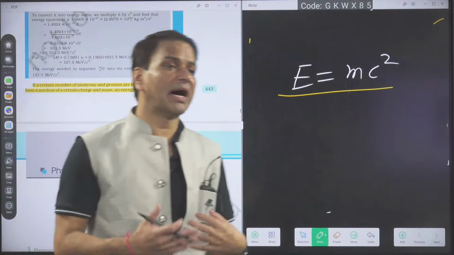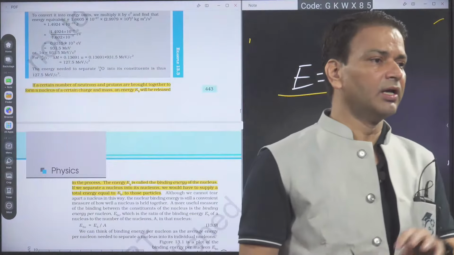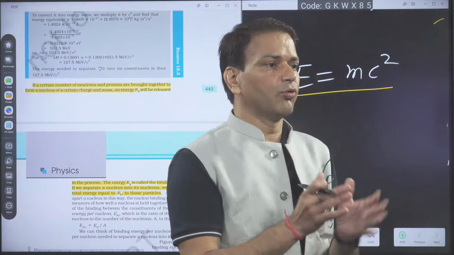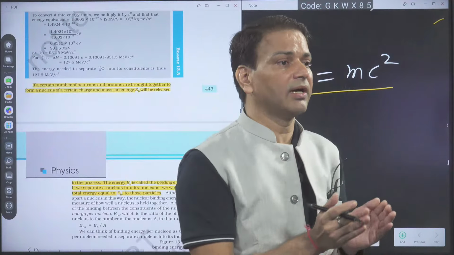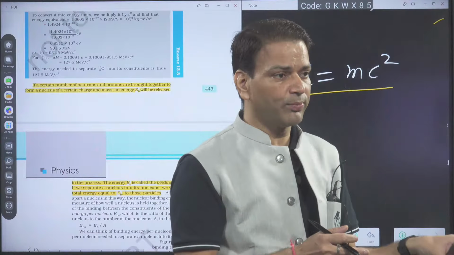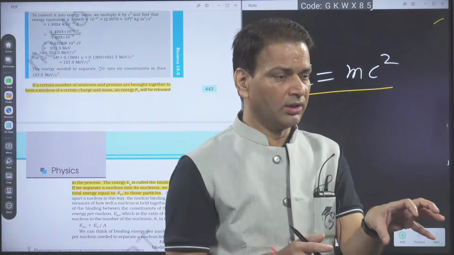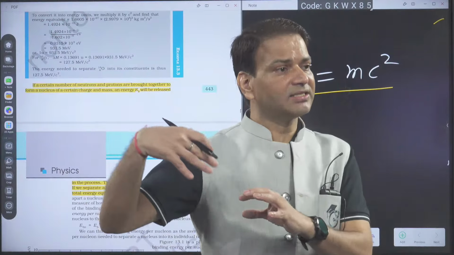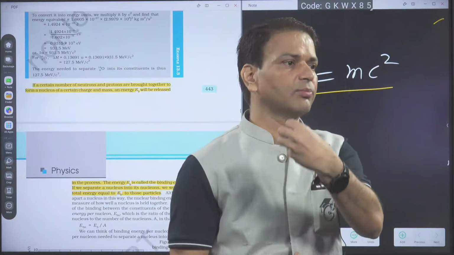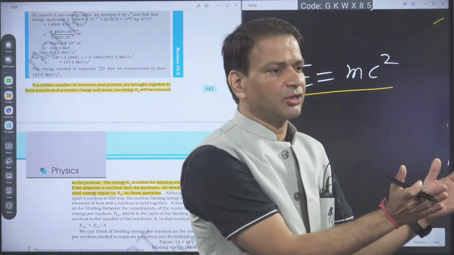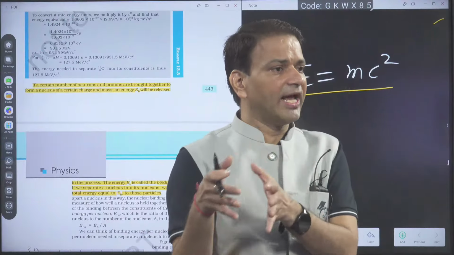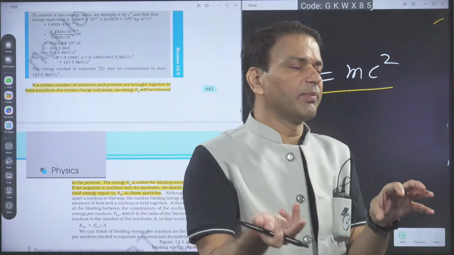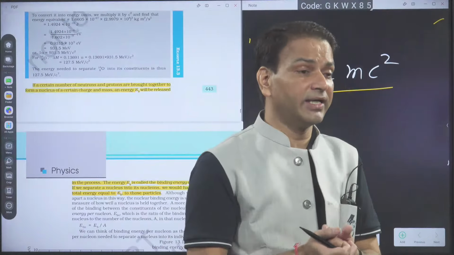So we will calculate the mass loss first, if the masses are given. Suppose 10 protons and 10 neutrons are there. What should be the actual mass of the protons and neutrons? It is 10 times the mass of proton plus 10 times the mass of neutron. This is the total mass of the neutrons and protons, minus the actual mass of the nucleus. Suppose X is the total mass of the nucleons and Y is the actual mass of the nucleus. So how much is the mass loss? X minus Y. That we will multiply with c square, and you will get the binding energy.